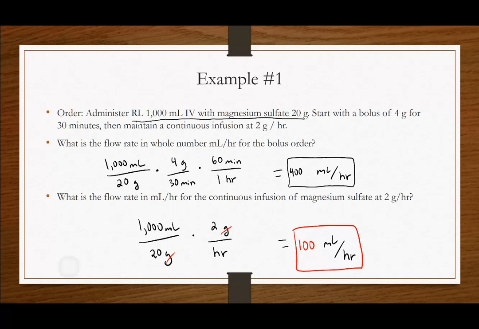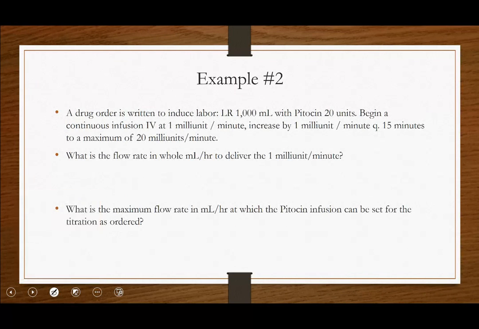Let's look at another example. In example 2, we have an order for a drug that's meant to induce labor. Ringer's solution of 1,000 milliliters with pitocin 20 units. Begin a continuous infusion in IV at 1 milliunit per minute. Increase by 1 milliunit per minute every 15 minutes to a maximum of 20 milliunits per minute. What is the flow rate in whole milliliters per hour to deliver the 1 milliunit per minute? The beginning infusion